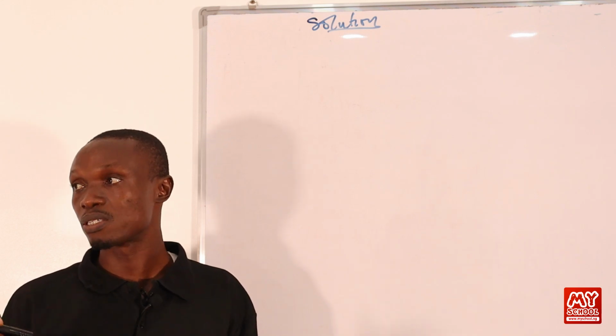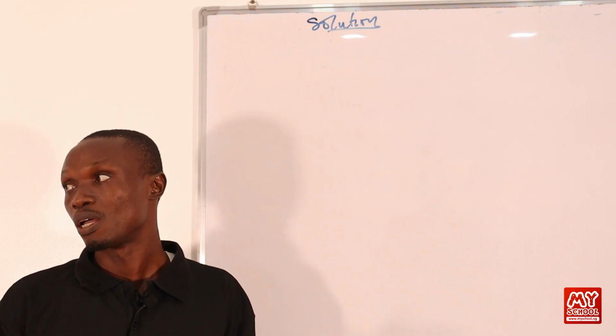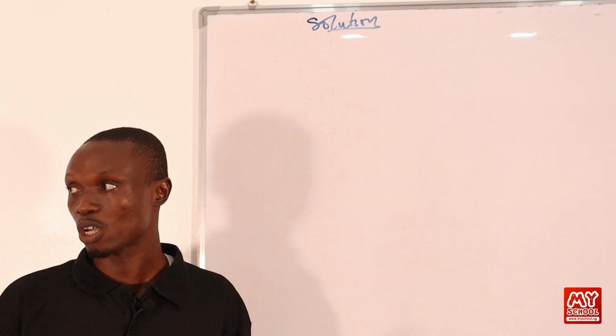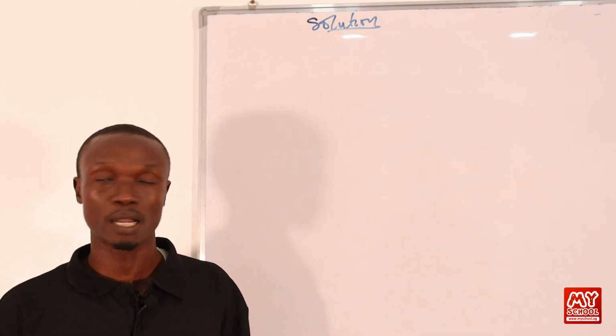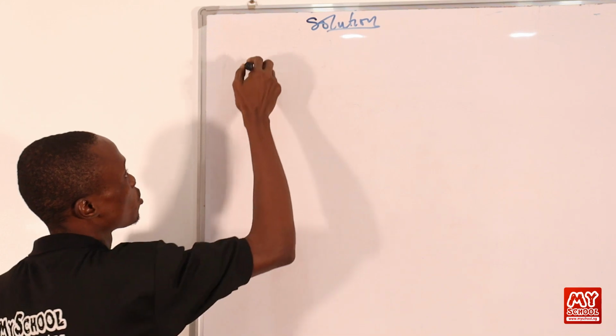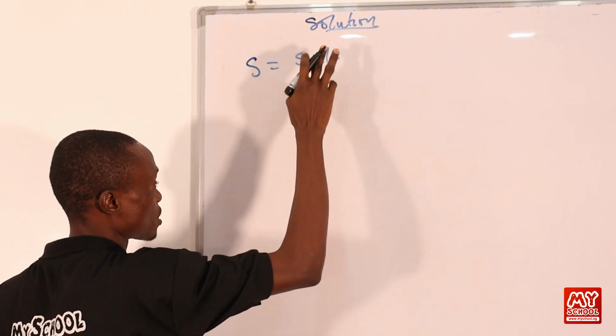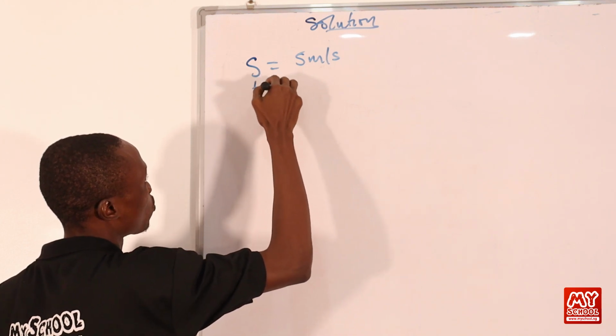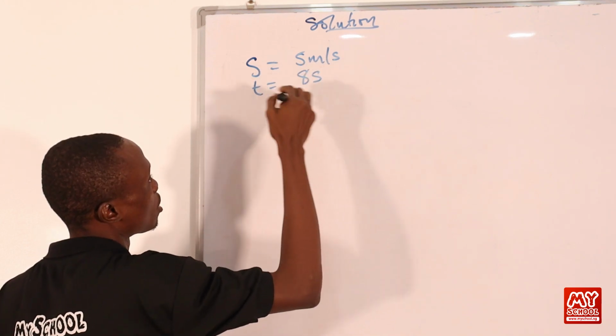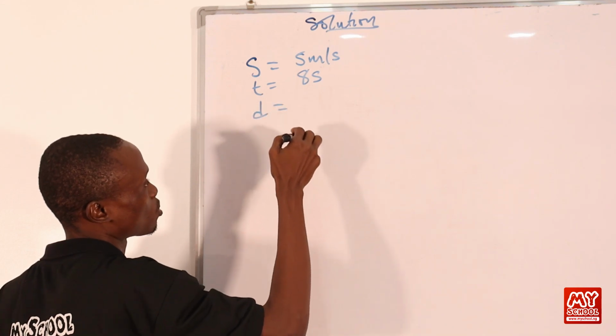So in that first paragraph, we are given speed and we are given seconds, but we don't know distance. So we can calculate distance since we are given speed. We know speed to be equal to 5 meters per second. Okay, this is from the first statement. And we know time to be equal to 8 seconds. So we will look for distance so that we know the distance